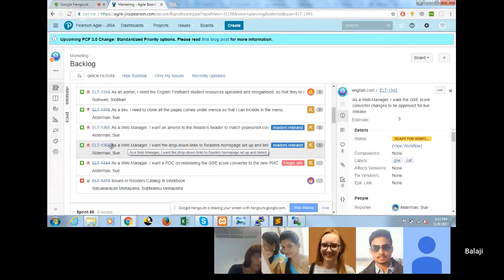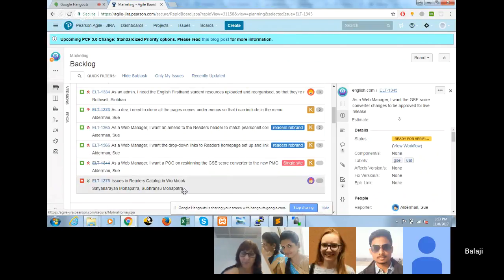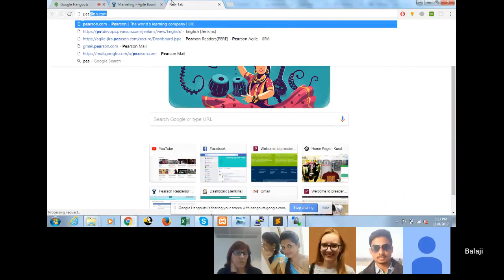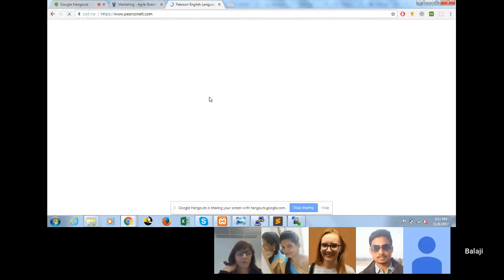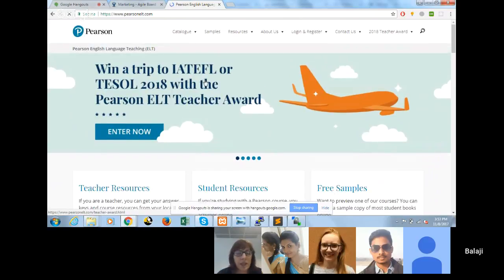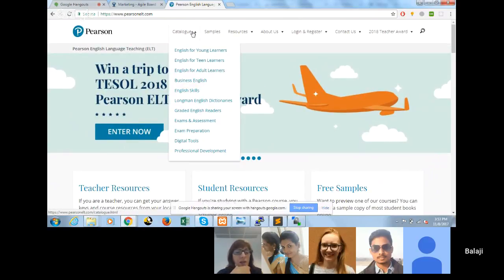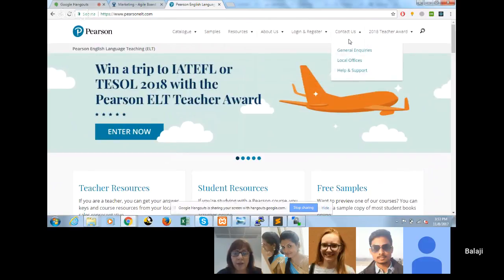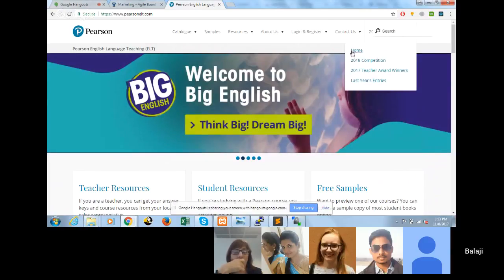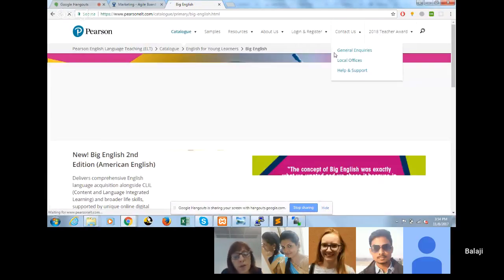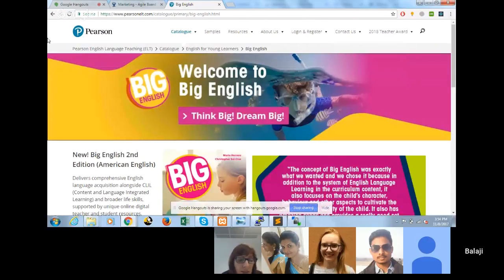Okay, sure. Do you see what I mean, Balaji? When you go to pearsonelt.com, psnelt.com, do you see the arrows next to the primary navigation items? And do you see that the search magnifying glass is a different design? Yes. So those are small things. At least we've got the look and feel of the Pearson site here, so I'm happy with that. Okay.